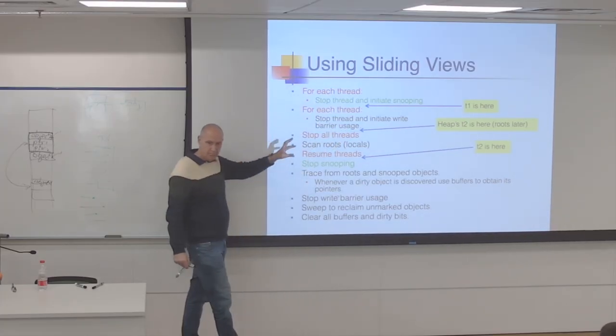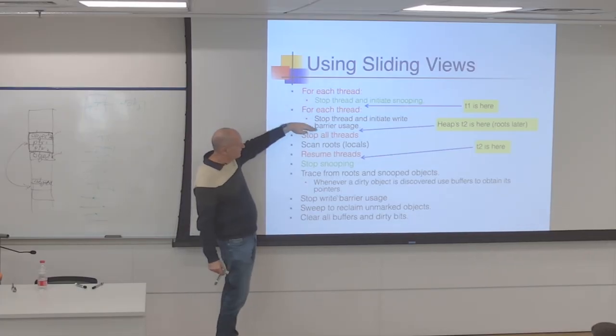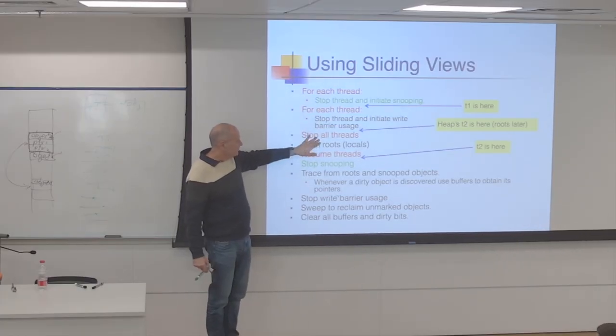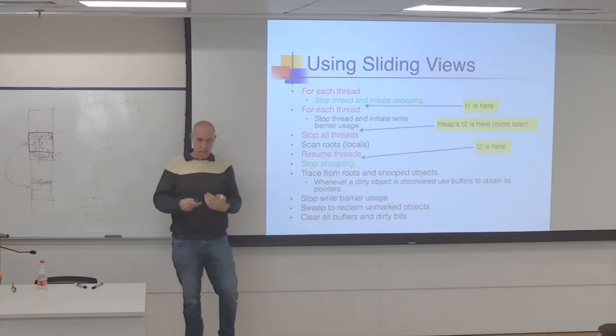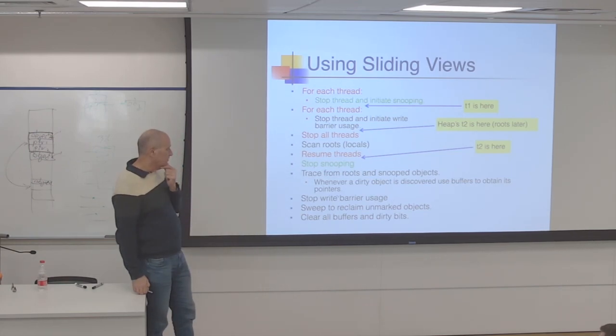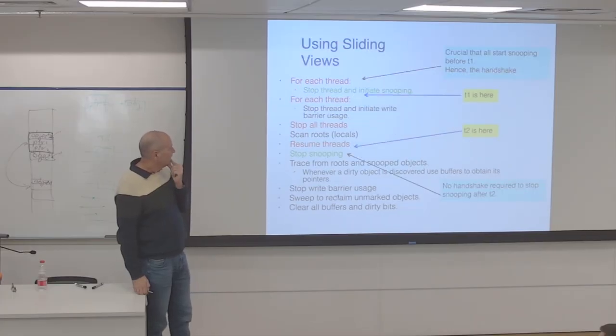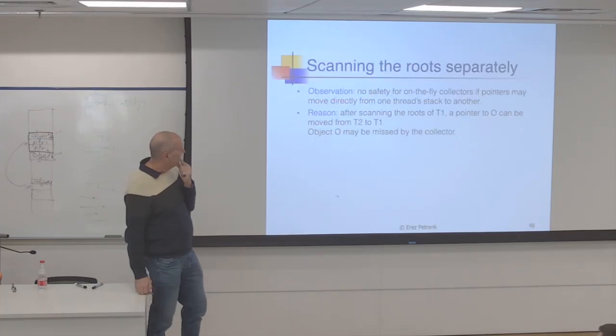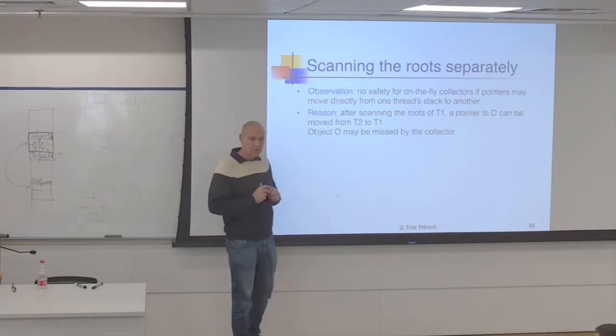So for any heap pointer, this could be T1 and this could be T2, but there are also the roots that I want to include in the view of the sliding view. So now I want to talk about the roots. Okay. So first I want to say that